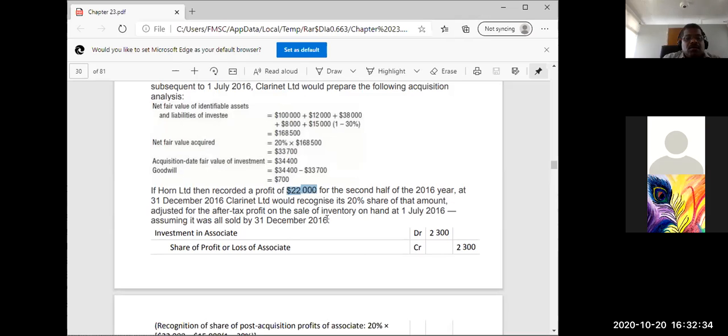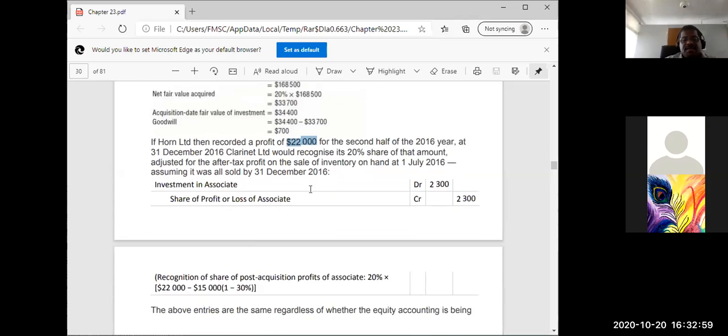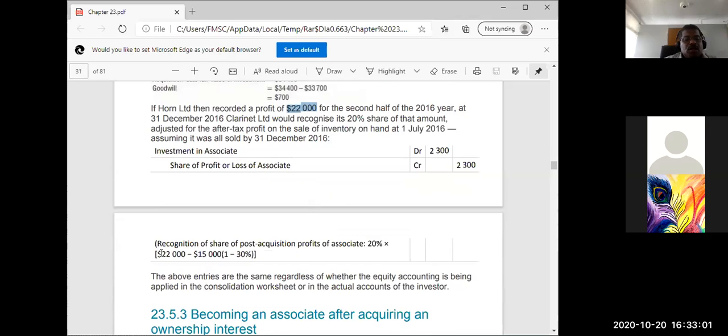So 20% of this would be 2,300. Then the profit for the second half at December, you would recognize 20% share of the adjusted after-tax profit. So you just take 1 minus 30% here, 22,000,